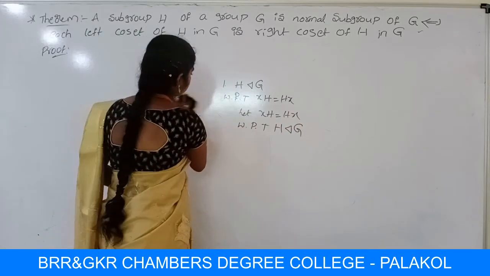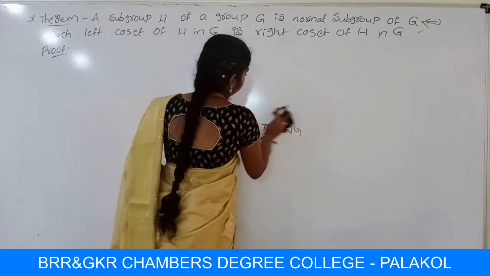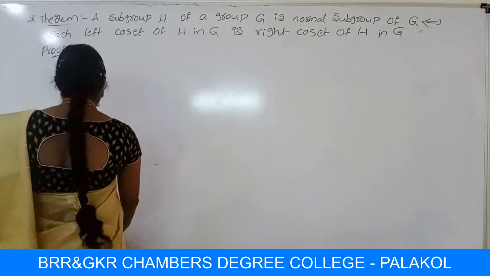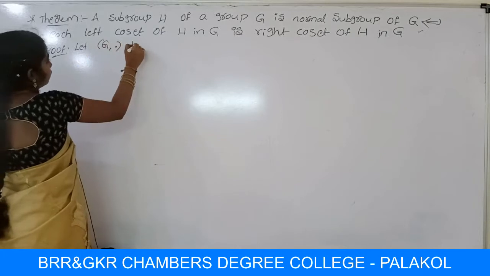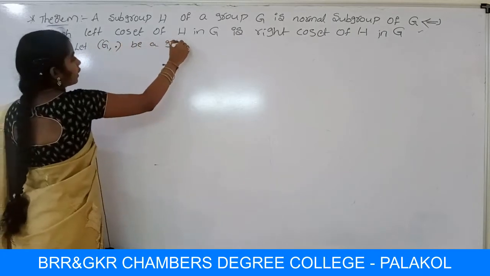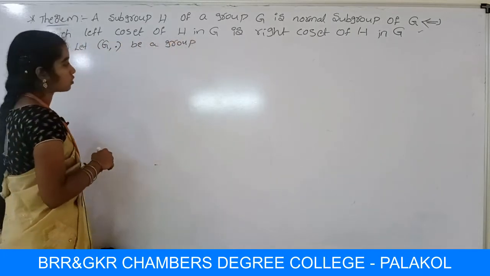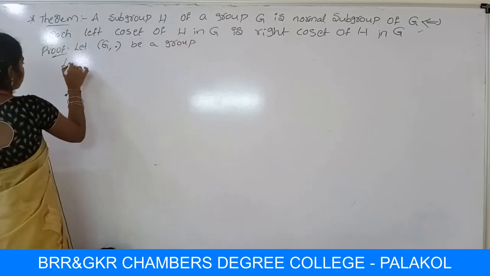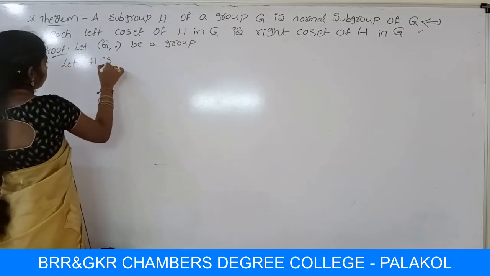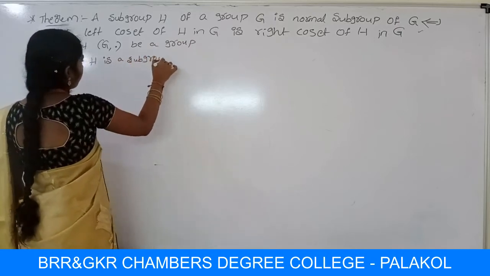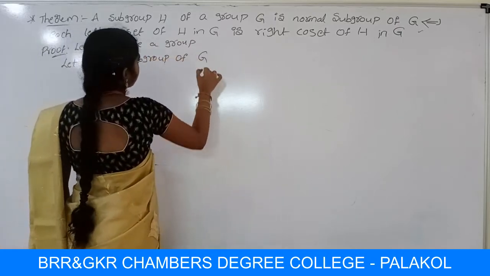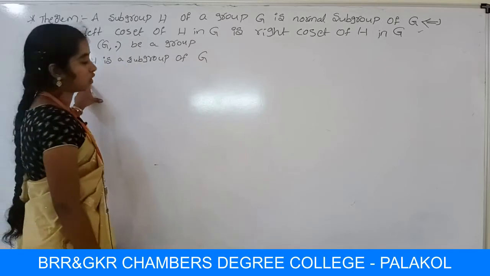So let us start the proof. First, we already know that let (Z, ·) be a group, and H is a subgroup of Z. So we have to prove that